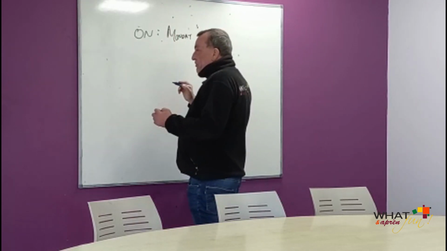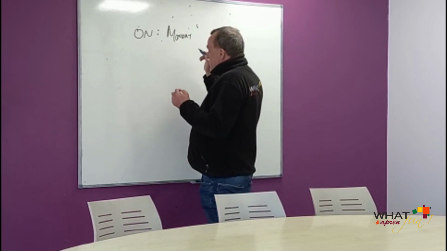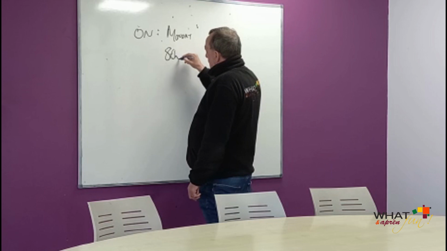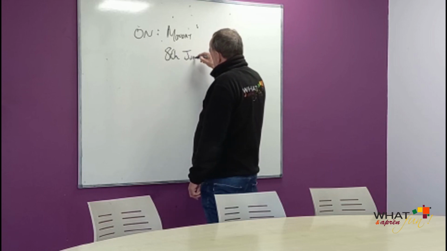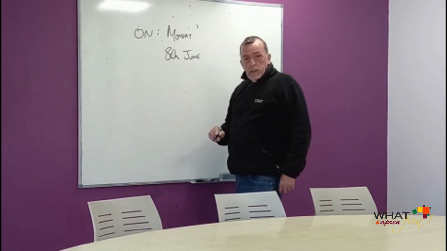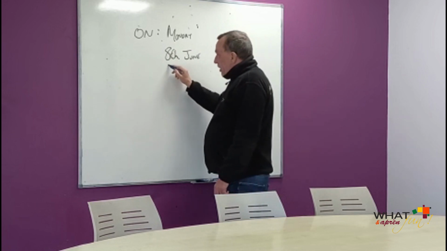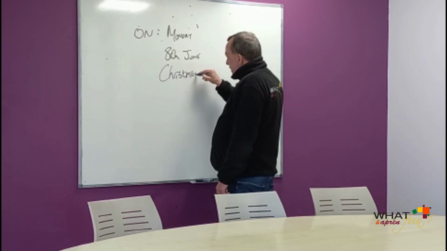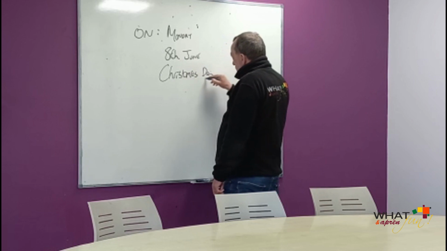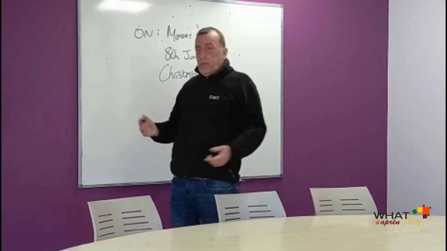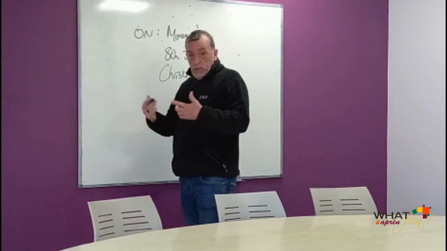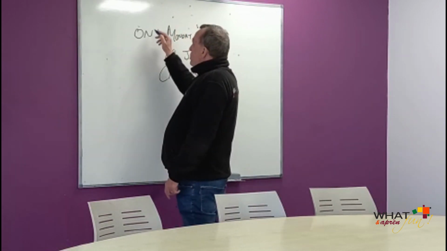Or a specific date as well as a specific day, on the 8th of June. Special days of the year, on Christmas Day. On my birthday, on New Year's Day, on New Year's Eve, on Christmas Eve. We always use